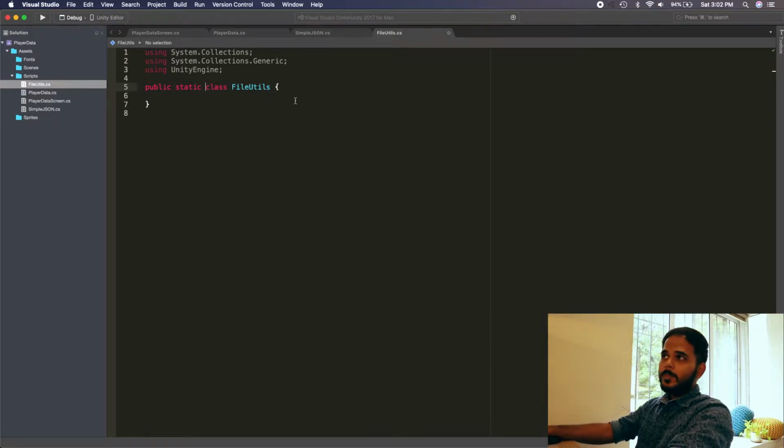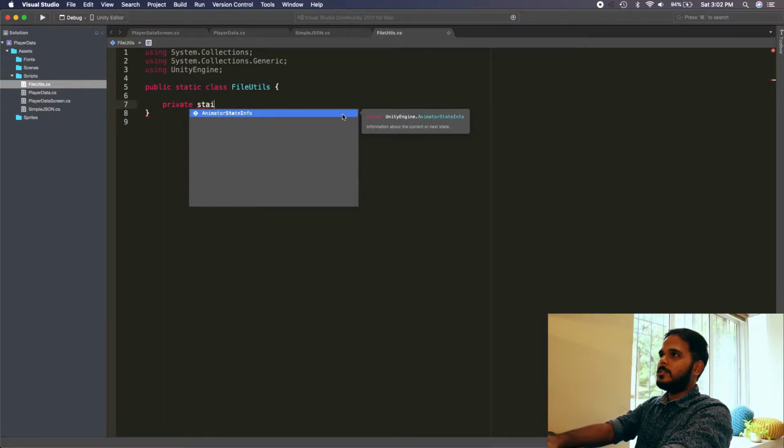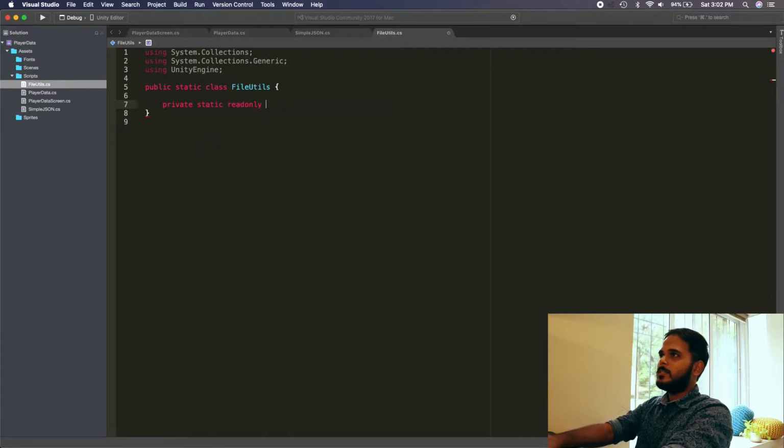So when we want to save a file, we want to save it to our persistent storage on our device. And the way you can get the path to a persistent storage in Unity is by using Application.persistentDataPath.